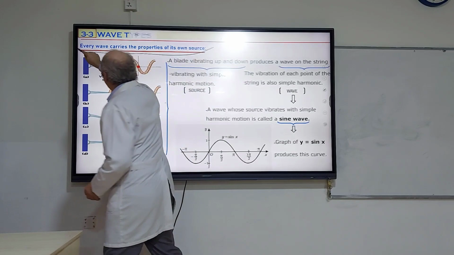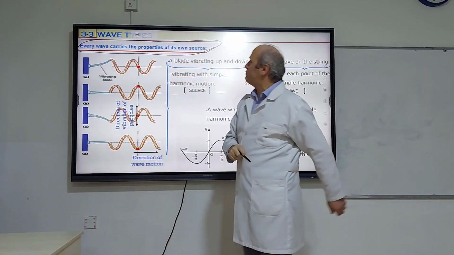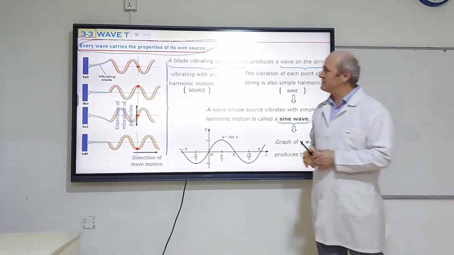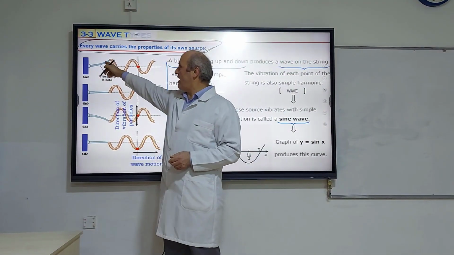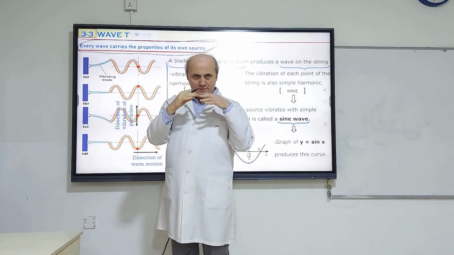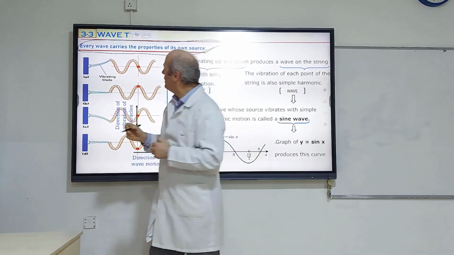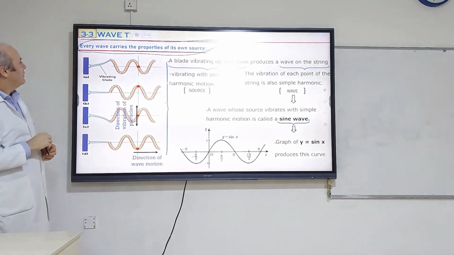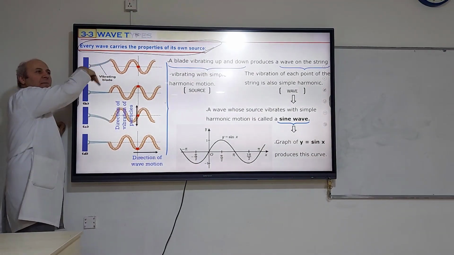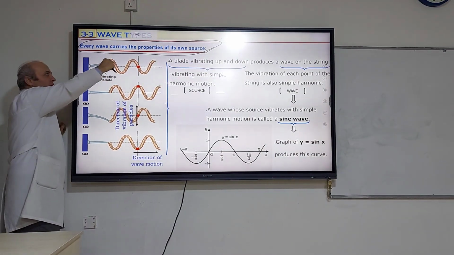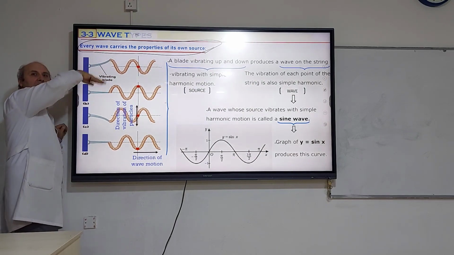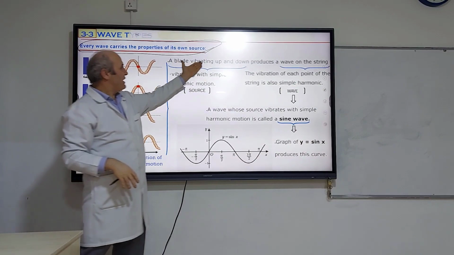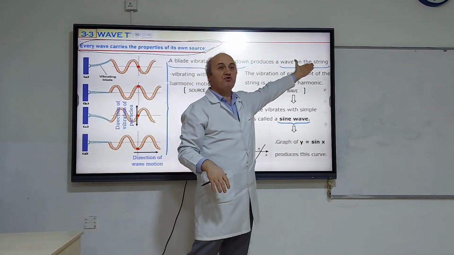A very important statement. Every wave carries the property of its own source. Like what? This vibrating blade, remember it was the ruler, elastic object. There's a rope attached to this vibrating blade. As the blade is vibrating up and down, of course, particles of the rope also will be vibrating up and down. So a blade vibrating up and down produces a wave on the string, and